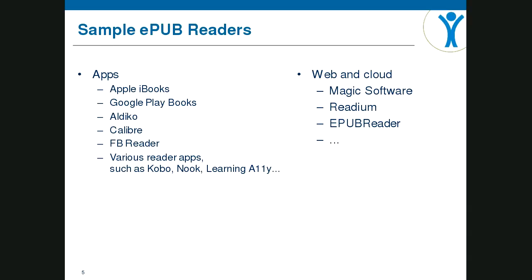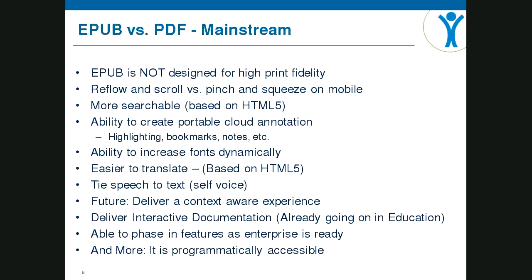Okay. So I'm going to go to slide 6. EPUB versus PDF. I would love to see PDF just go away. IBM has announced, and has implemented for the past 6 months, that they're distributing EPUB instead of PDFs. One of the reasons for this move is the mobile web.